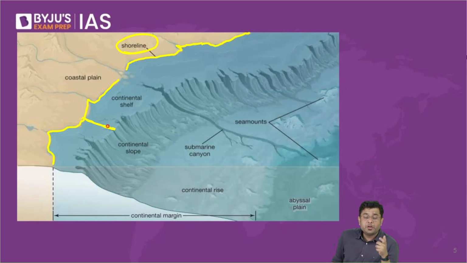Their extent is not constant across the entirety of the planet. So overall, you will observe that in certain areas, such as in the region of the Siberian shelf around the Arctic, you have the continental shelf extending up till around maybe more than 1500 kilometers into the water. But in certain areas, you will find that the continental shelf is very, very narrow. So that extent of the continental shelf, that length of the continental shelf in itself,